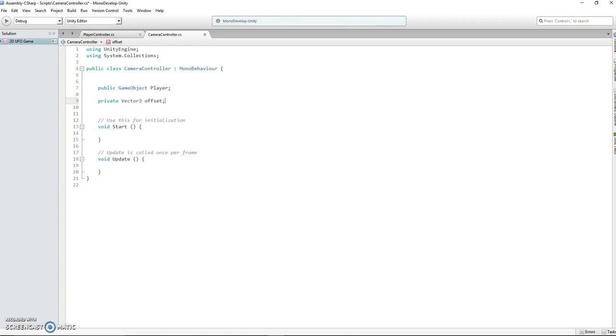The offset is going to be the difference between the player's position and the camera's position. And basically what we're going to do is move the camera based on that offset, okay? So at the start, we have to calculate how much the offset is, because this is the amount of difference in position that we want to maintain throughout the game. And then as the player moves, we will move the camera the same amount, but keeping the offset. So in the Start